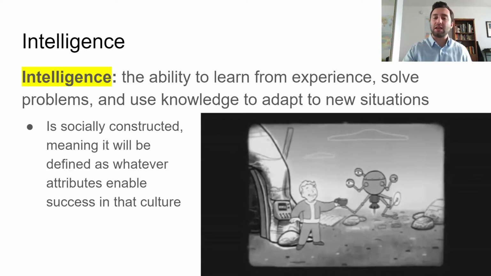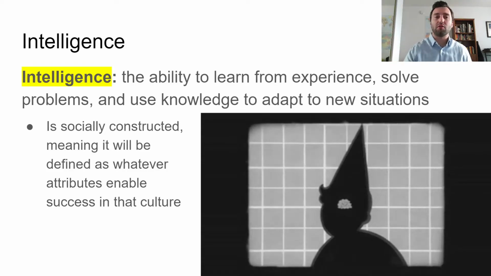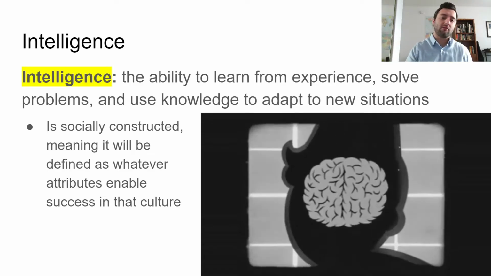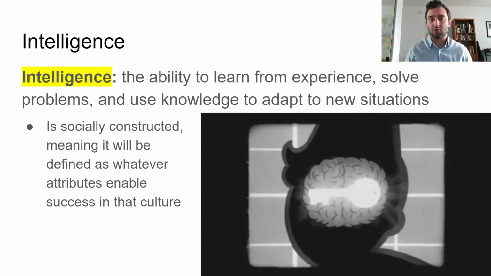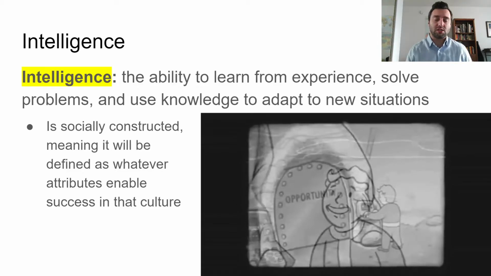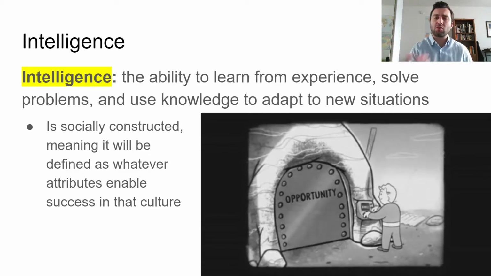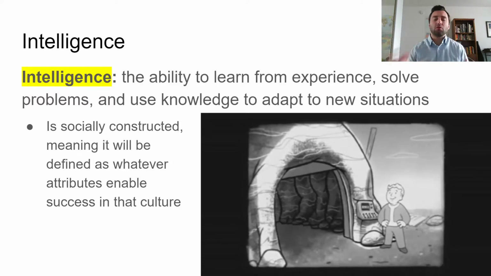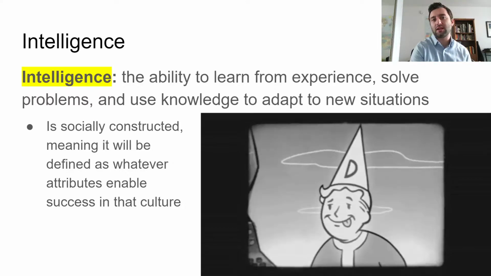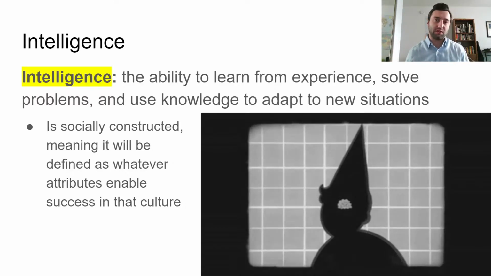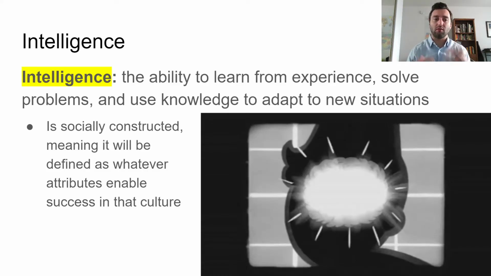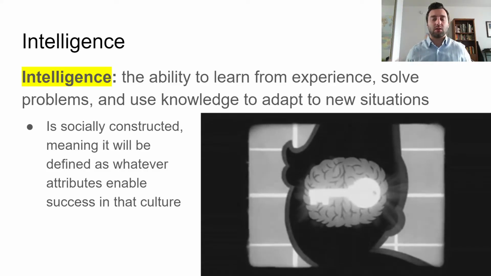If I'm living in a jungle and living off the land, intelligence might be more about how to hunt, how to find food, how to protect yourself from animals, how to treat illnesses with local vegetation and cures like that. So those two definitions, the different things that we're looking at and saying this is what intelligence is, are going to look different. A lot of it has to do with our ability to adapt, our ability to be successful in whatever environment we live in.